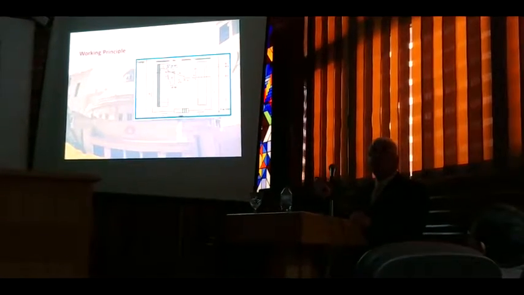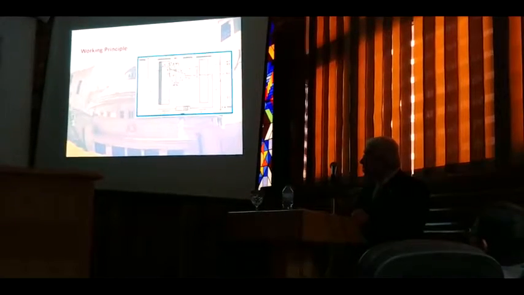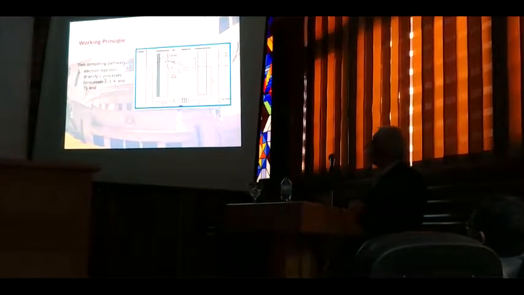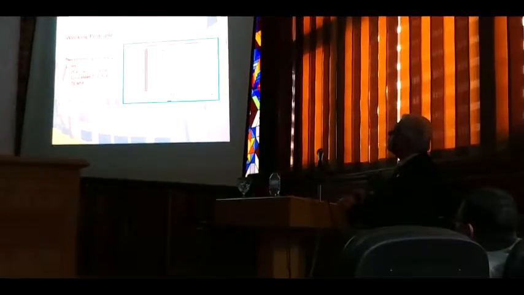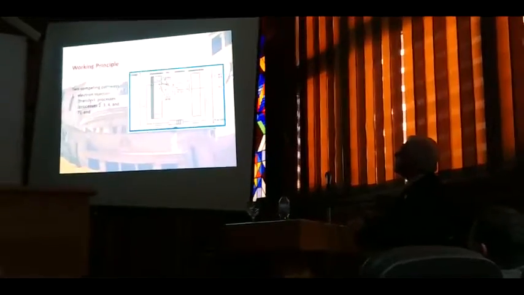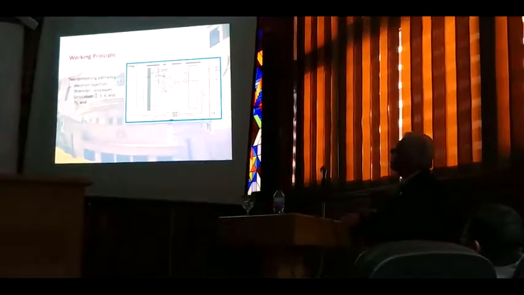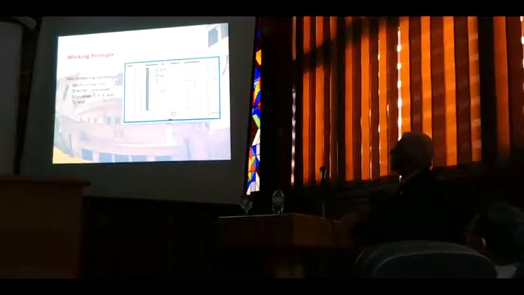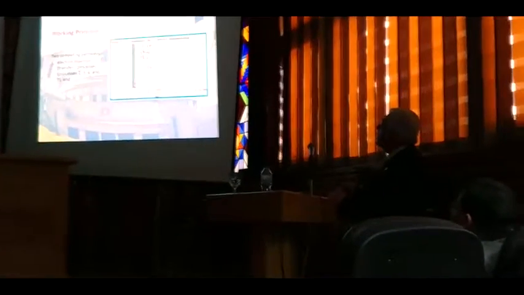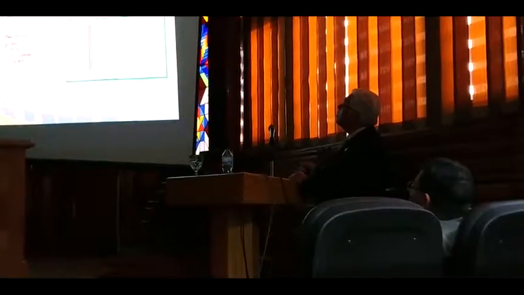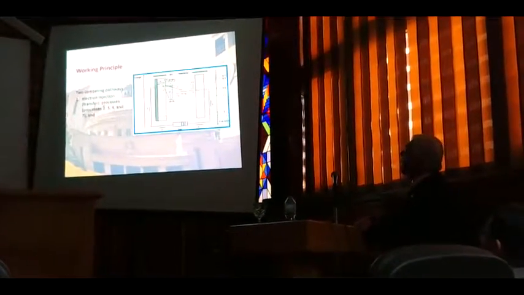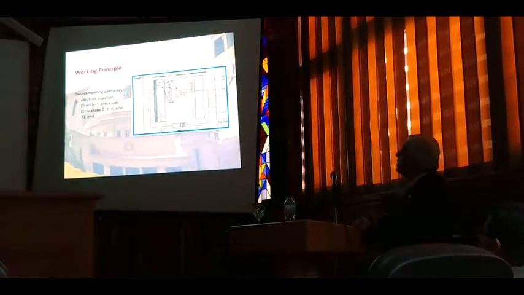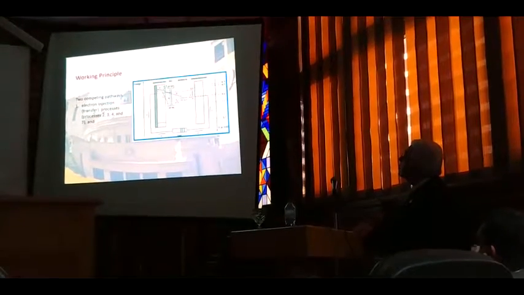This is the idea of the Grätzel-style solar cell. It is a competition between two reactions. The first reaction is injection. Injection involves excitation of the dye. It goes from the ground state to the first excited state. If we are lucky enough, the LUMO is close to the energy of the conduction band, so injection into the conduction band of a semiconductor takes place, and the electron escapes into the external circuit and goes like this.